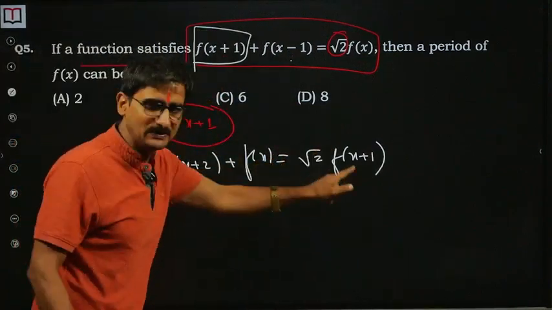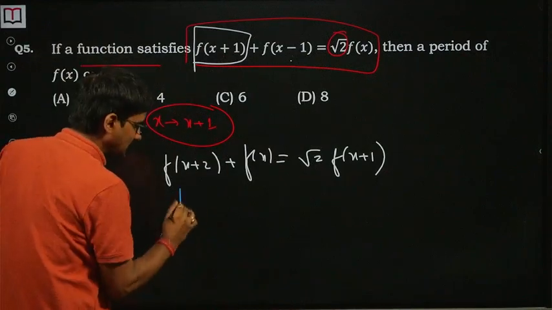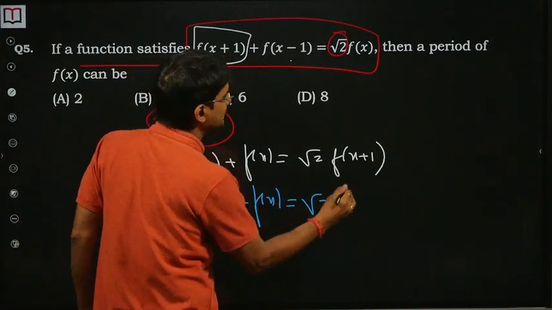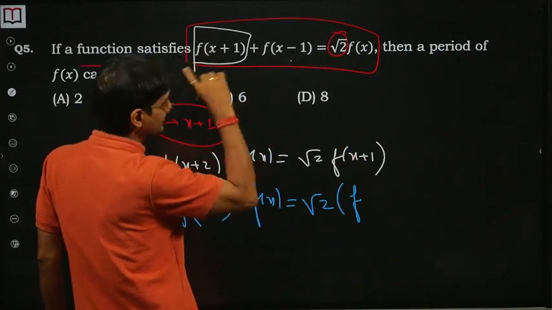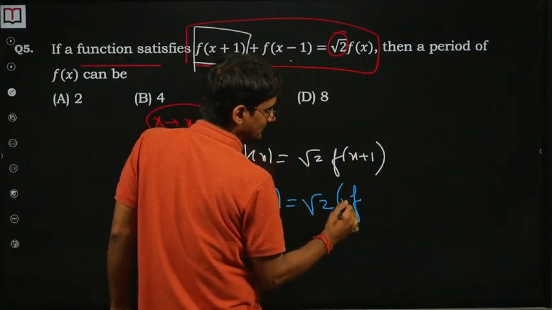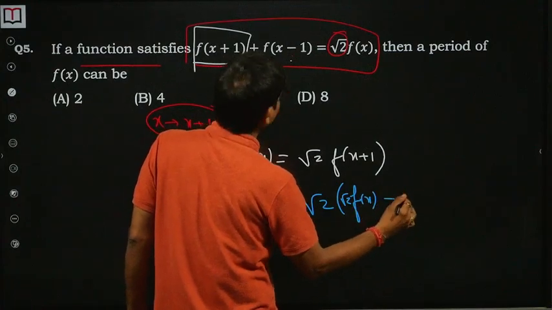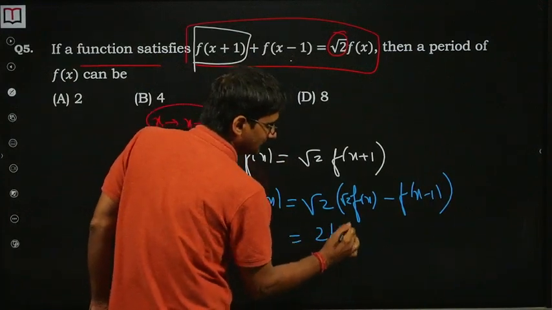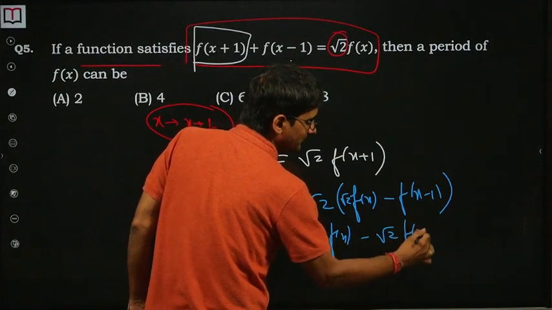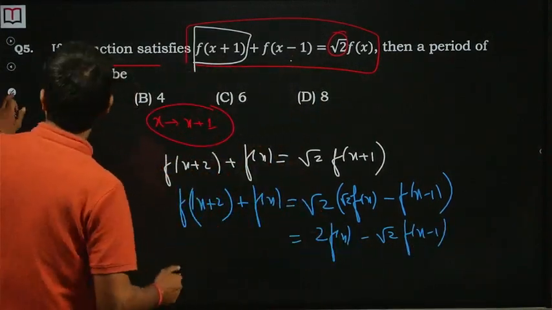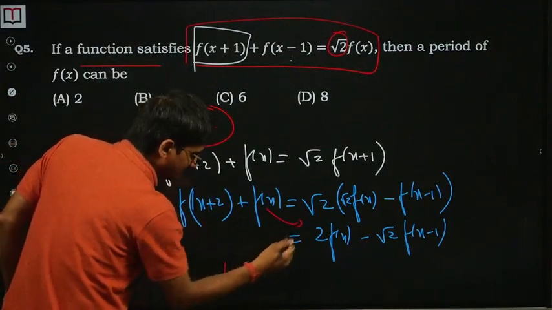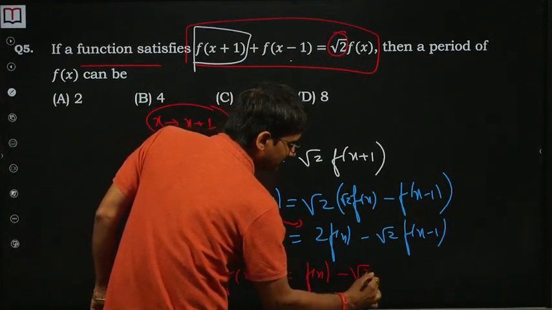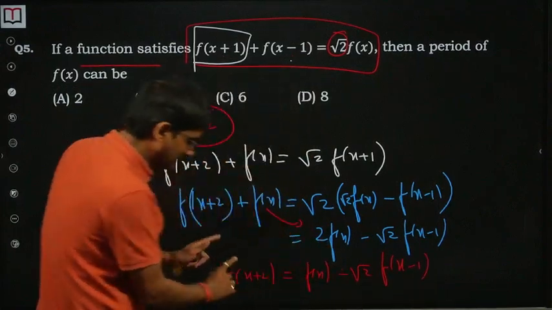Fine. Now I have f of x plus 1 here, so I will suggest to replace f of x plus 1 from here. So we get f of x plus 2 plus f of x is equal to root 2 times f of x plus 1, which is root 2 f of x minus f of x minus 1. So it's 2 times f of x minus root 2 f of x minus 1. Bring it this side, rather I will take it that side, f of x plus 2 as f of x minus root 2 f of x minus 1. So again replace x by